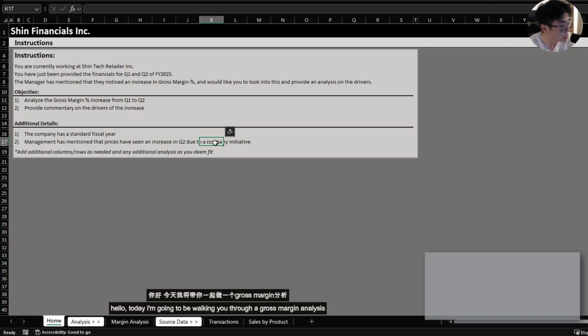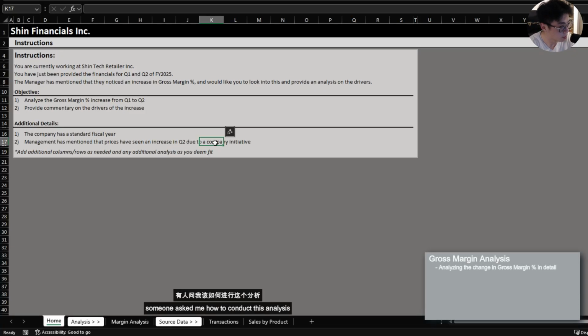Hello, today I'm going to be walking you through a gross margin analysis. Someone asked me how to conduct this analysis, and to be honest, I've never actually had to specifically look at gross margin, but this is sort of how I would tackle it if I had to. But if you have actual experience of analyzing gross margin in detail, please let me know how you would